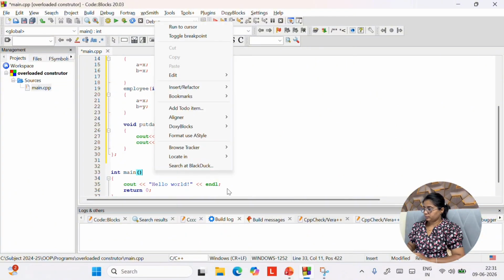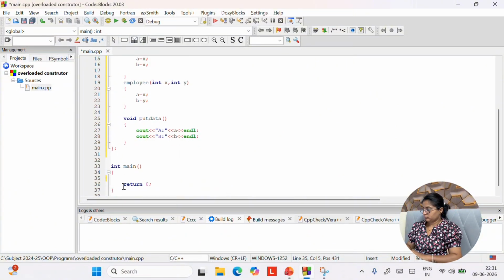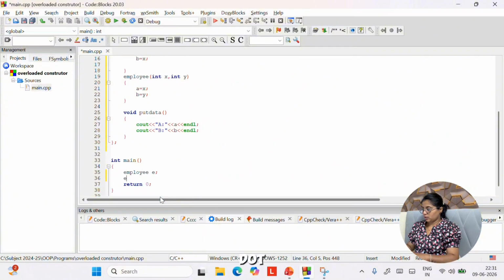Main. Create object. Employee E. Okay. E dot put data.